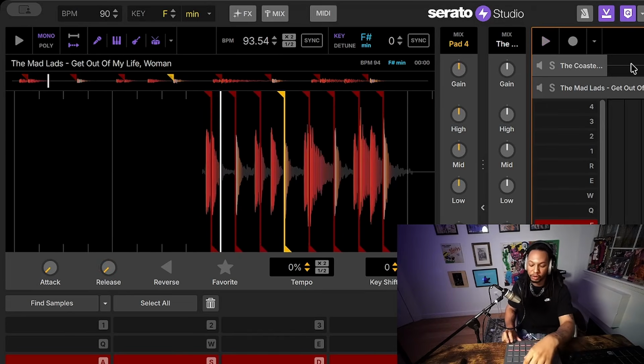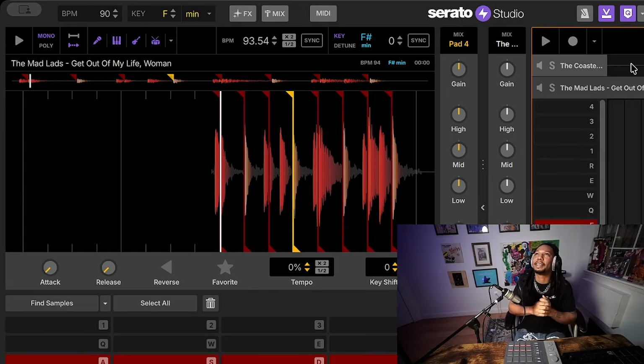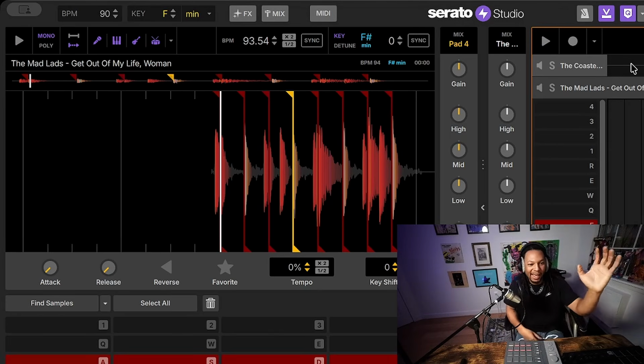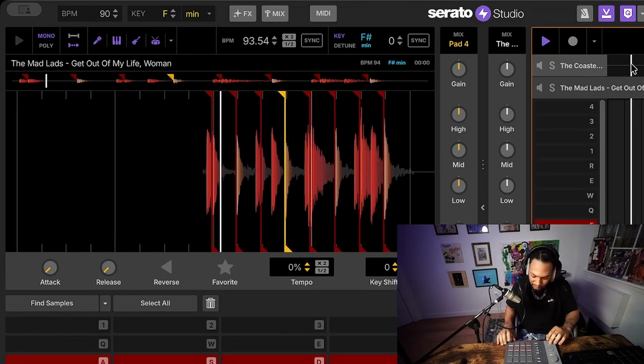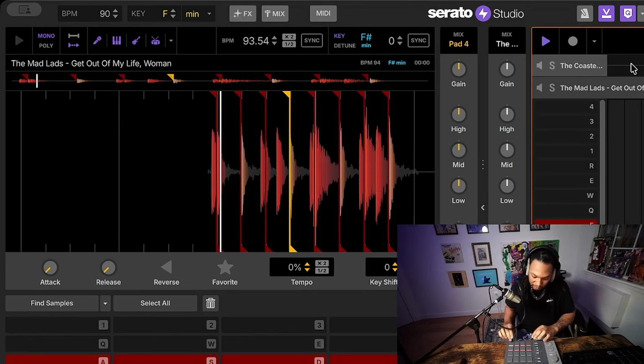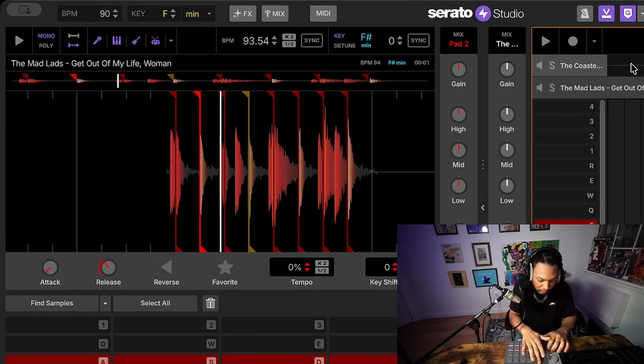And then something you can do, again, the point of sampling is there's textures and there's sounds that were present in that live recording. And as it has traveled through the internet and vinyl and whatever else to get to you, it has a unique sound. So like this snare is different from this snare, right? And so